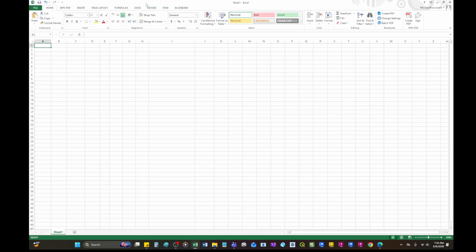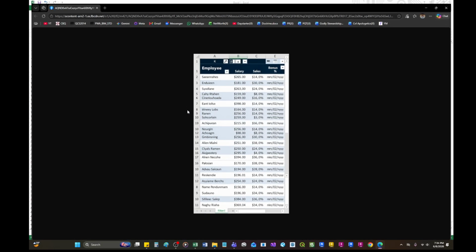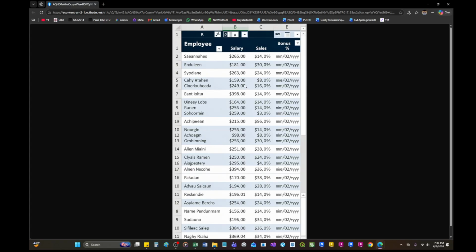Right now I just have the basic layout for the Excel. Later on we will be trying to accomplish a database, something that looks like this, though not entirely. For example, eventually, let's say this is the name, because I just generated this.